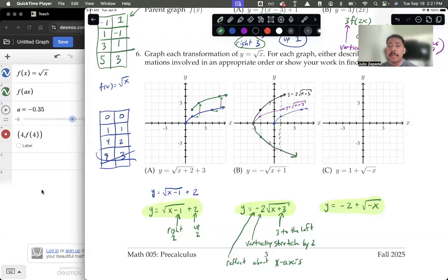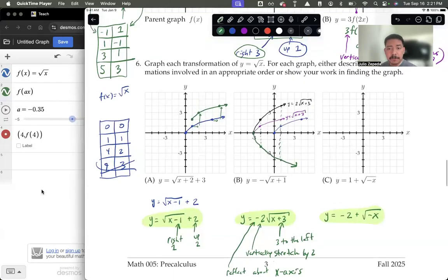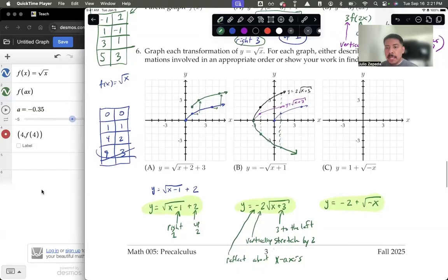It can be done that way, but with function transformations, I would say that that will save you a lot of time. All right, and the last one, let's show how quick this can be done. (0, 0), (1, 1), and (4, 2) is my parent graph. What I'm going to do is reflect